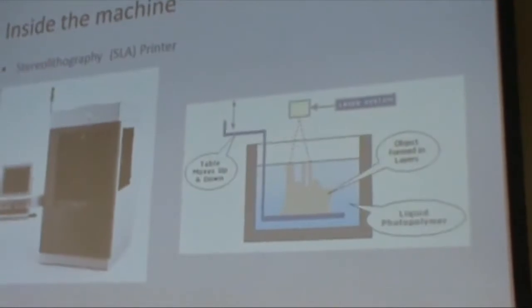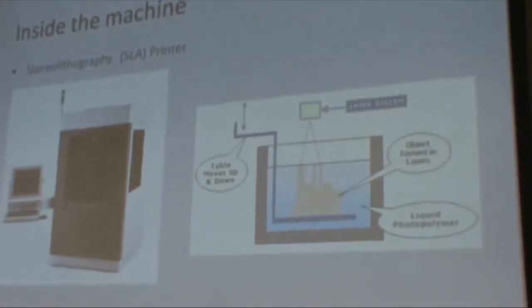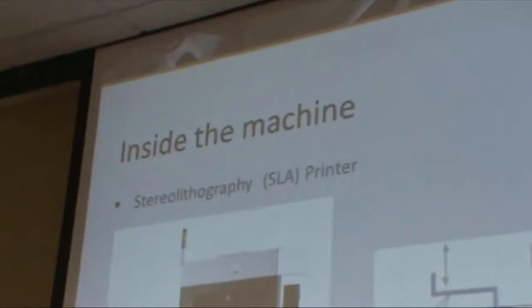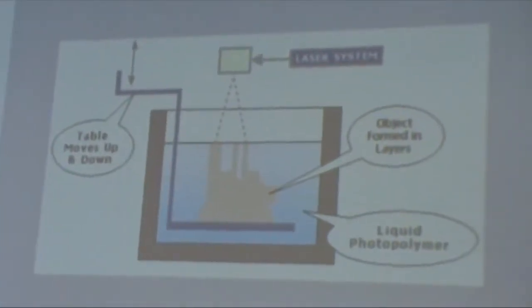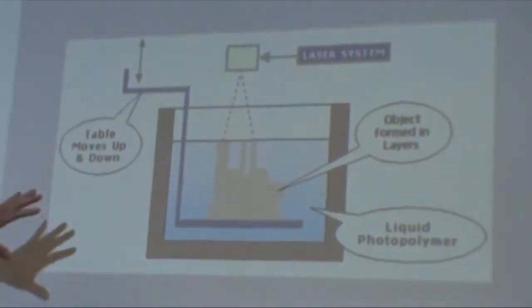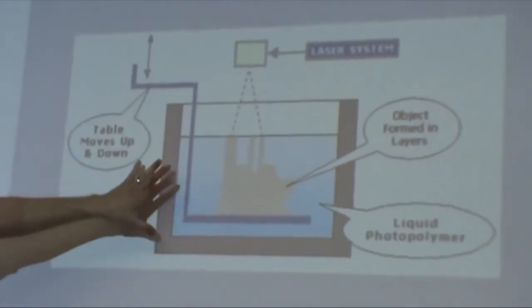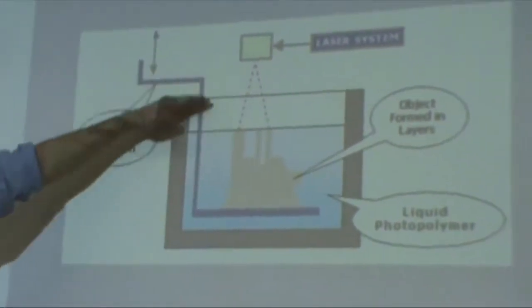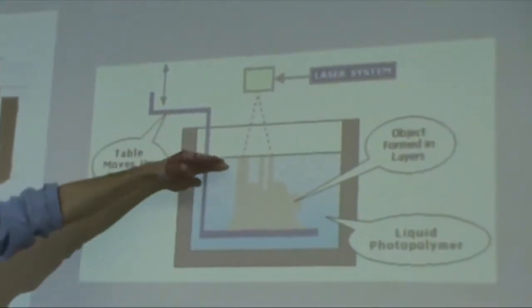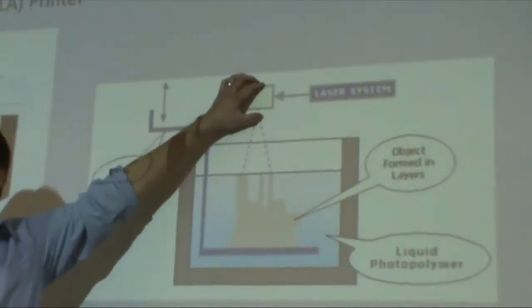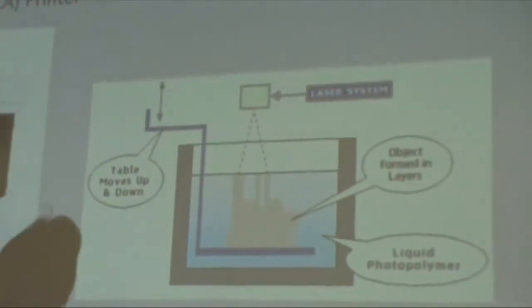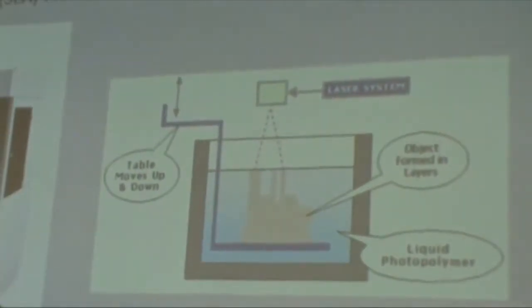If you look inside the RP machine, you're really going to see something like this. This is one of the machines called a stereolithography printer. Inside, there's a liquid tank with liquid polymer in it. They have a platform that dips into this liquid, and we have a laser on the top of the machine. The laser will solidify